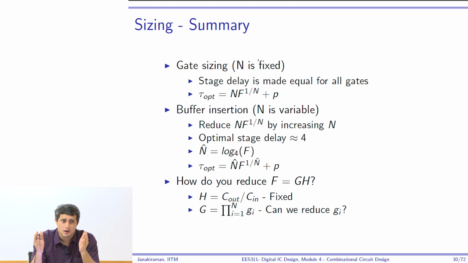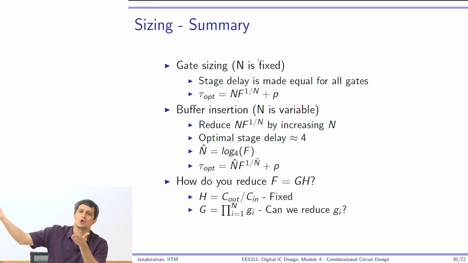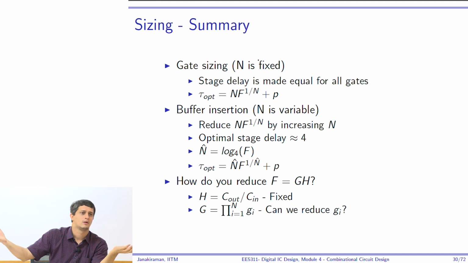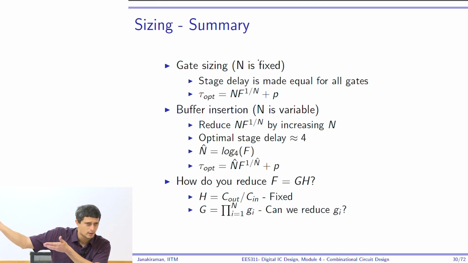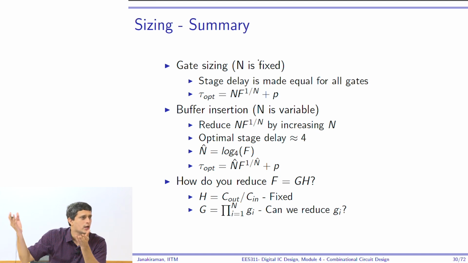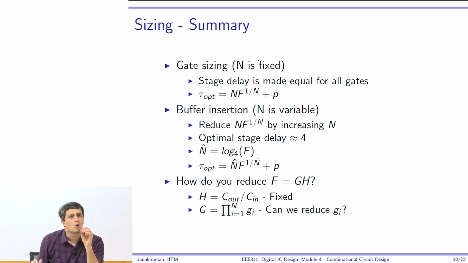Question now is, we have optimized n. We have done all that we could with n. The only thing left for us to tweak is f, if I want to reduce the delay of the path any further. Now, f is G into H. What is H? H is output load capacitance by input capacitance. That is fixed because I have to drive a fixed capacitance. It's a specification coming from outside. I cannot tweak that. So the only thing left for us to tweak is the path logical effort G,